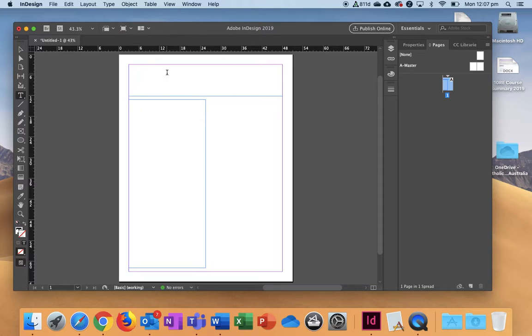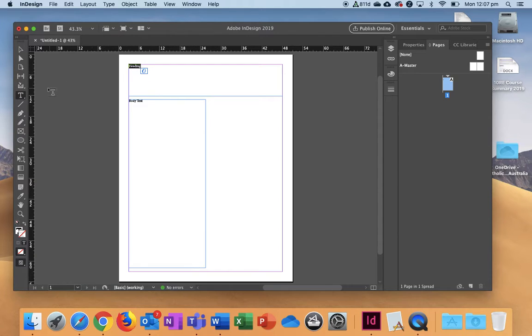And what I'm going to do firstly is I'm going to type. So I've got the text tool selected, and you can see that I can just click in between each one of those, and I'm going to put in the title heading, and this is my body text. So at the moment it's just default with the text style that I've chosen,